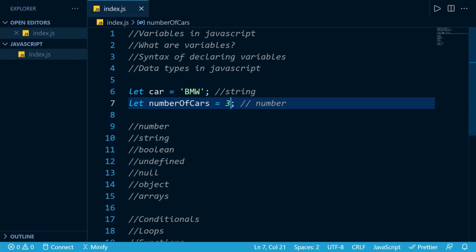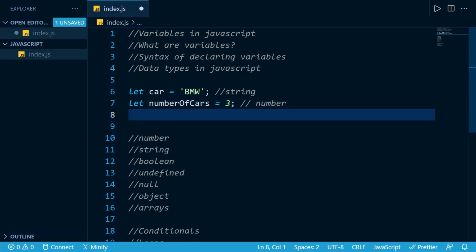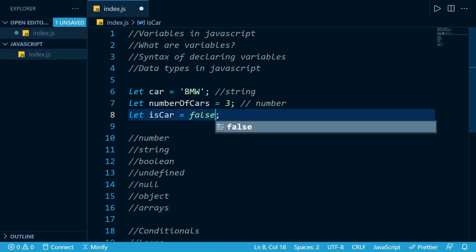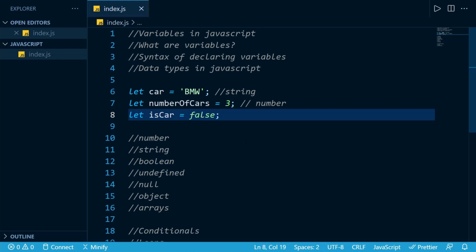So we also have numbers, and finally we also have a boolean value. For example, is car. Let's assume this variable holds the information about whether it is a car or not. If it is a car, it can hold a true value, and if it's not a car, it can hold a false value. So that's one of the values. Boolean is also one of the primitive data types of JavaScript.